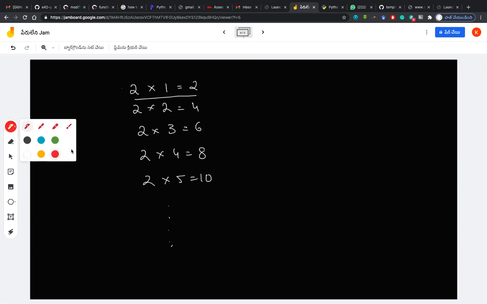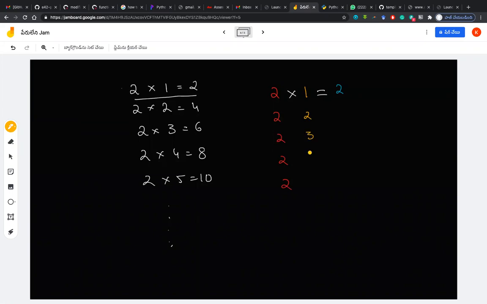One thing I will do is write 2 and this is 1, this is 2, and I will continue the same for every line, in the same colors. Next, 2, 3, 4, 5.